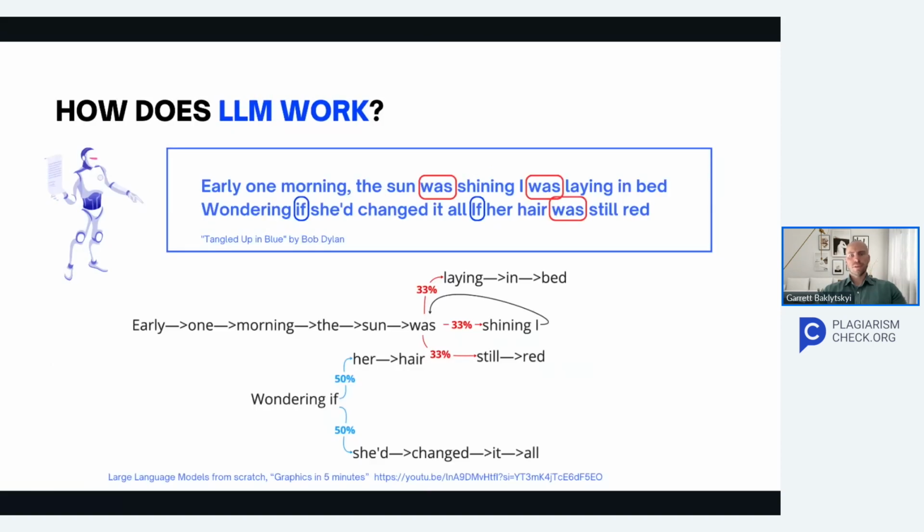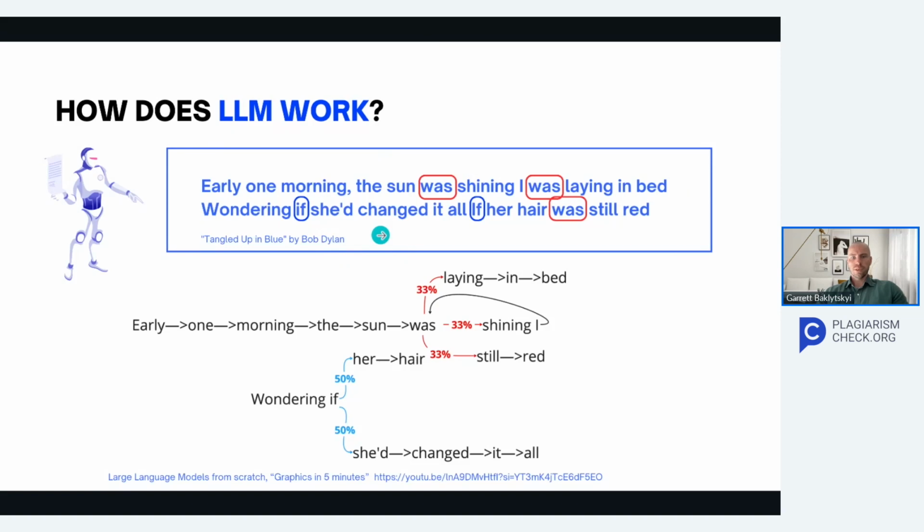Before we dive deeper into how AI detectors work, let's discuss how LLMs work. LLMs are large language models that are capable of understanding how to provide you with a response based on the prompt you give through ChatGPT or through any other chat. I found a really simple and easy to understand example of how LLMs work on a YouTube channel called Graphics in 5 Minutes. I will add a link to this video on YouTube where this webinar recording will be published.